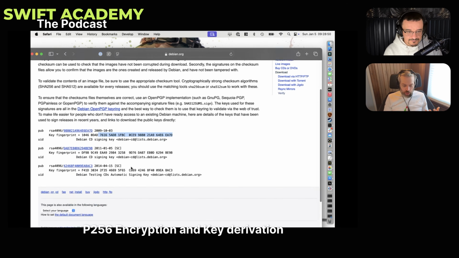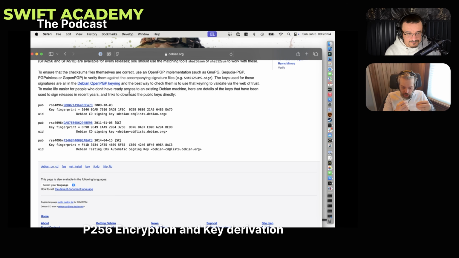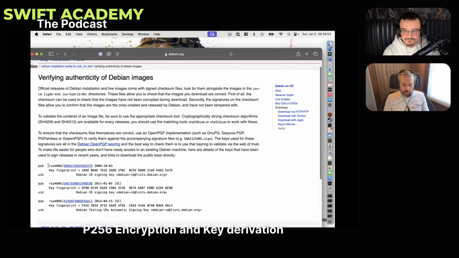So you can import the public keys for the identities of each signing key. When they're creating a distribution of Debian Linux, they are signing the distribution with their keys. So they have an RSA public key here. They're not using P256. They're using RSA